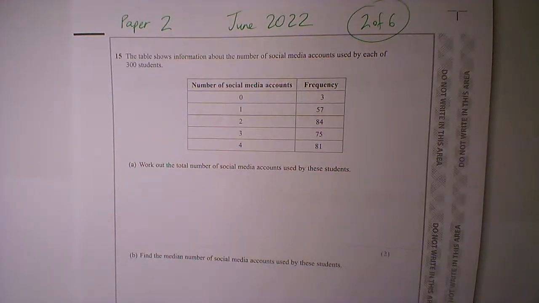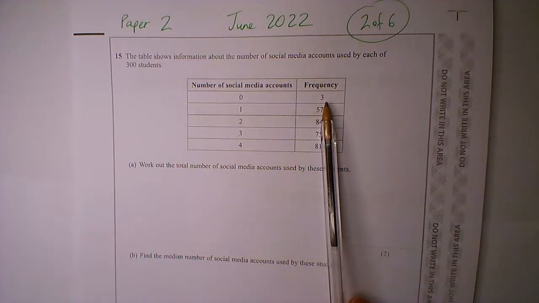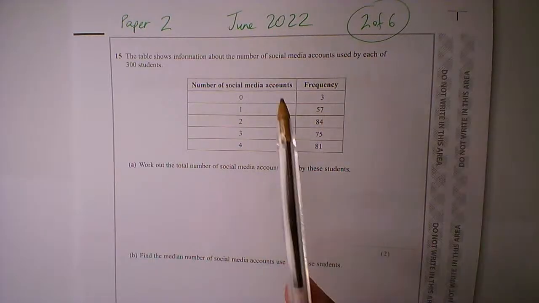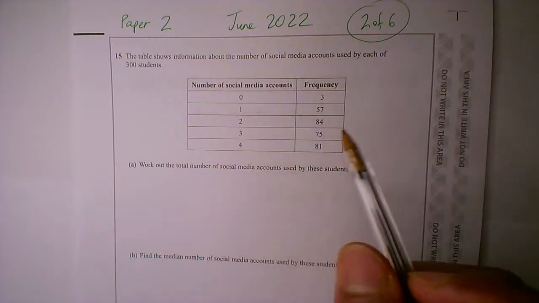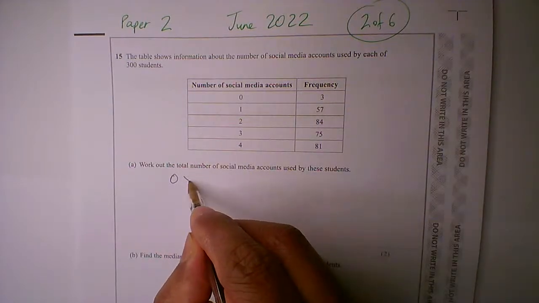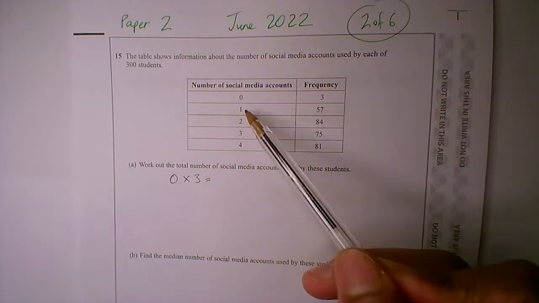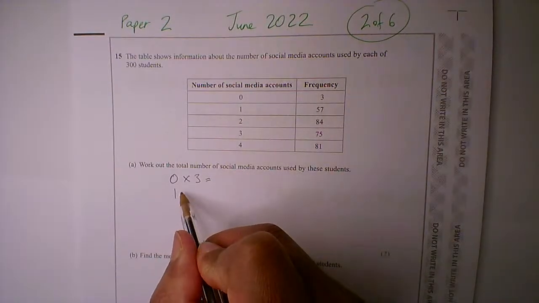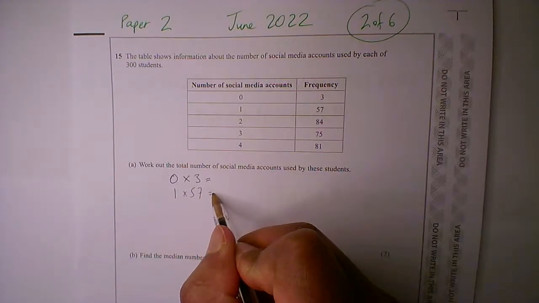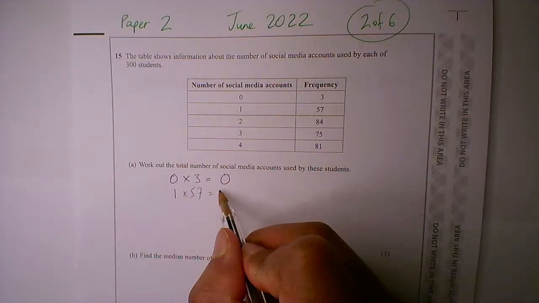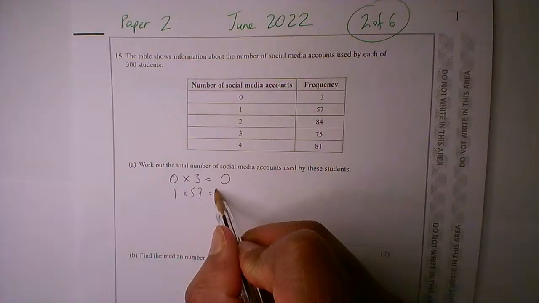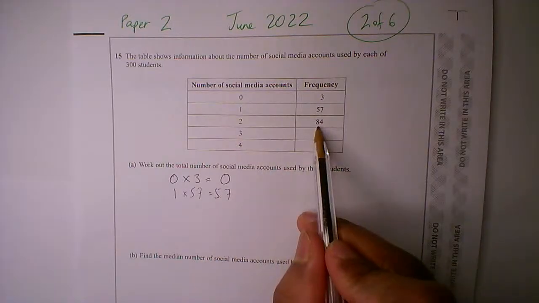So first of all, have a go, press pause, and when you're ready, press play. Work out the total number of social media accounts used by these students. So we've got 0 accounts used by 3 students, so we multiply them together. We've got 1 social media account 57 times, so we multiply that. 0 times 3 is 0, 1 times 57 is 57. 2 times 84